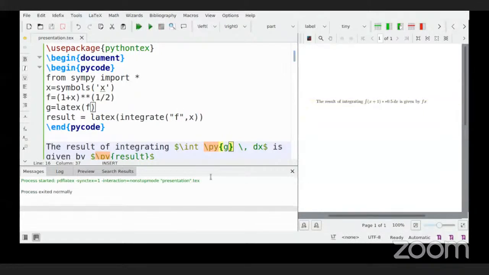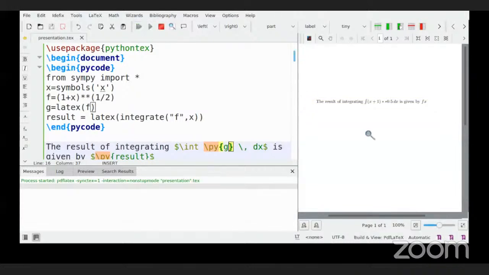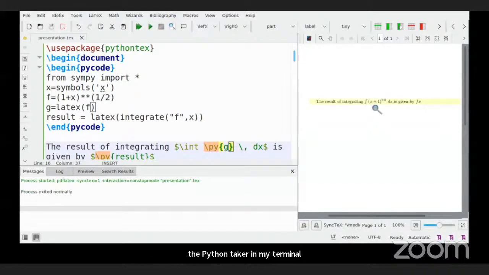Excuse me, sir. Each and every time actually executing the Python tech in my terminal. May I ask you a question, sir? x plus 1 whole to the power of dx is given by,